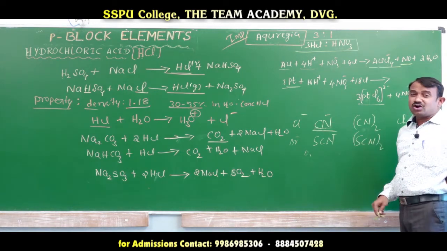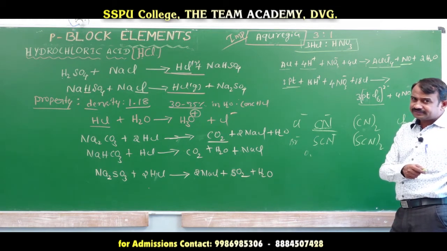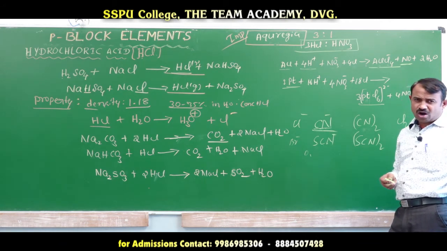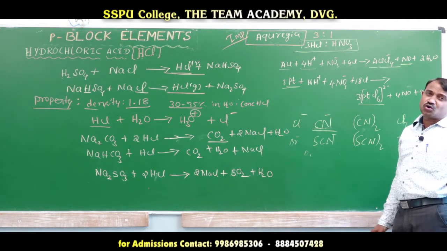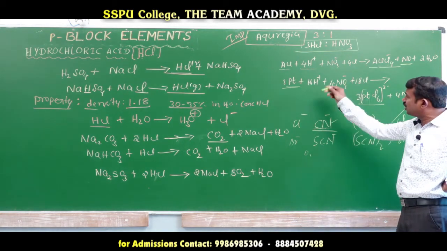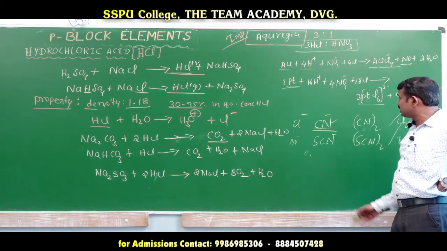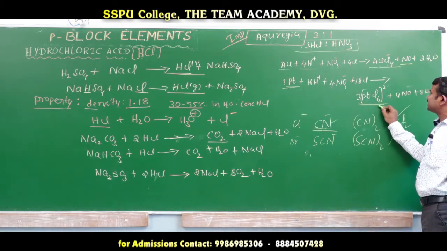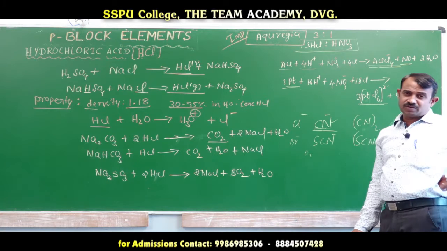When gold reacts with potassium cyanide, it forms sodium dicyanoaurate, and similarly sodium dicyanoargentate. This is the extraction of gold and silver by cyanide. Extraction of gold and platinum is also important in aqua regia; both acids are used in aqua regia. Platinum is converted to hexachloroplatinate, and gold is converted to tetrachloroaurate. This is one of the important applications.